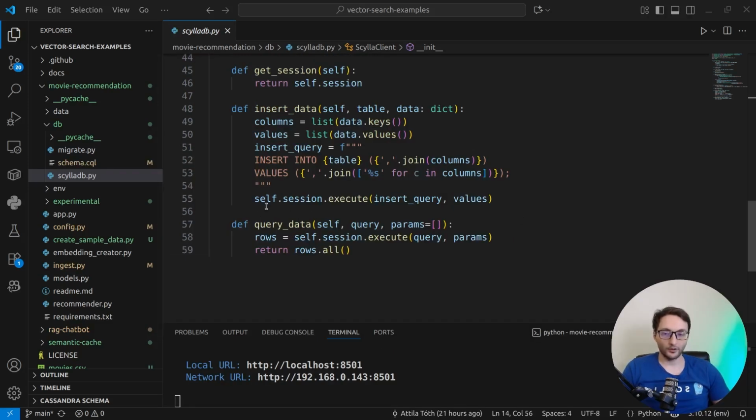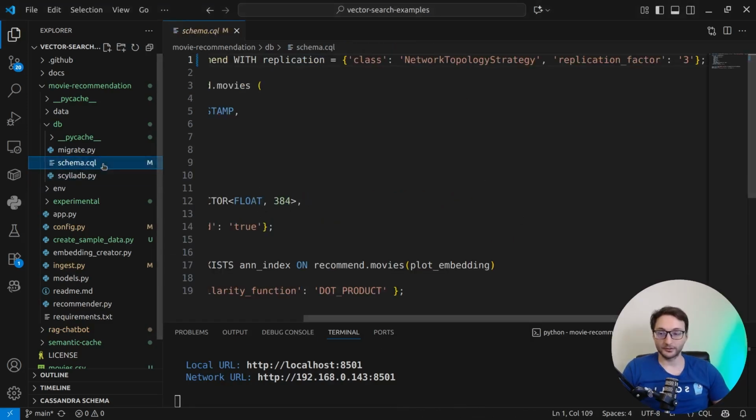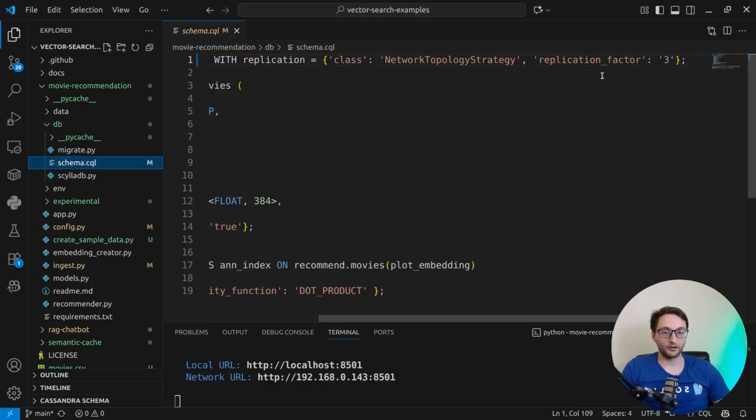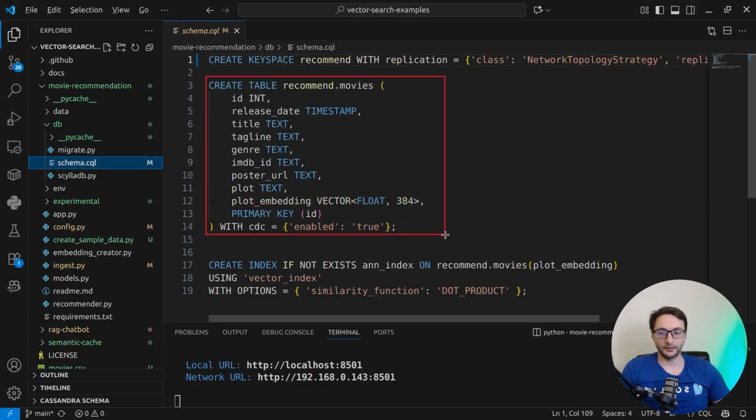The next thing I want to highlight is the schema. So we have a schema.cql file, which actually gets executed when you run the migration script at the beginning of the project. So what this includes is the keyspace creation CQL. So we will create a keyspace called recommend with a replication factor of 3. Then we have the create table